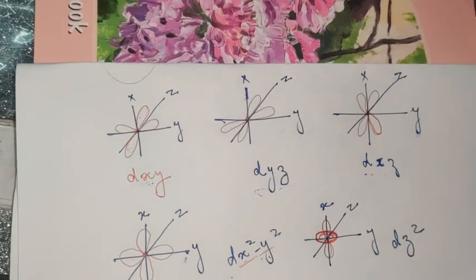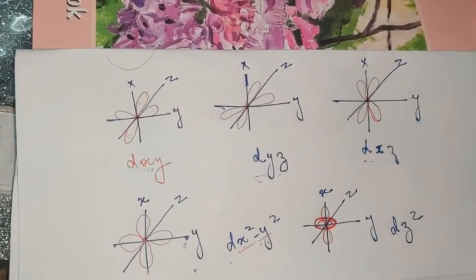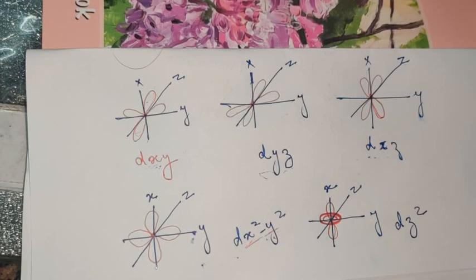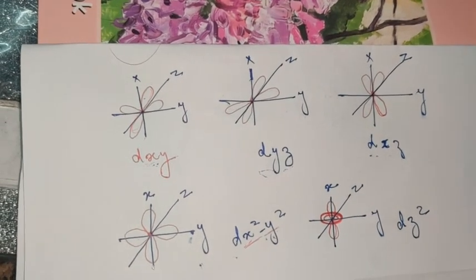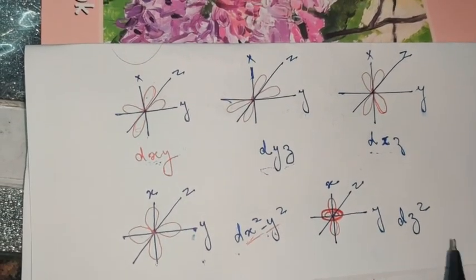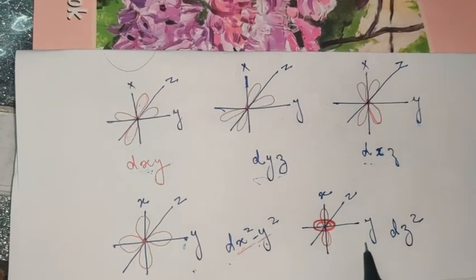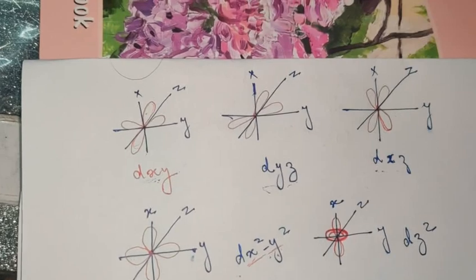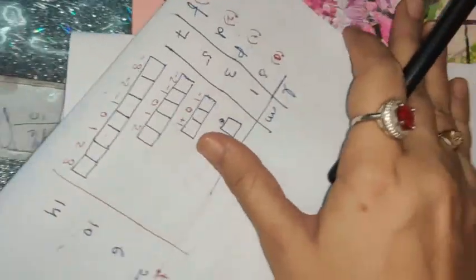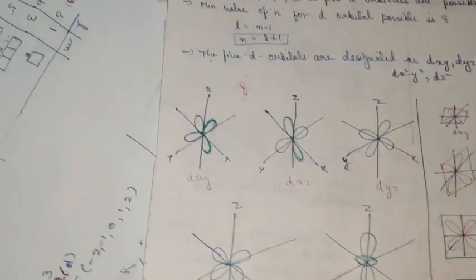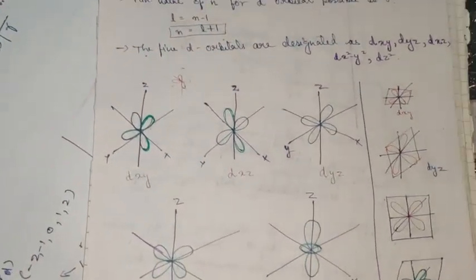So first of all, the S subshell is spherical, and then comes the P, which is dumbbell, then D is double dumbbell except for the last orbital, which is baby soother shape. Okay, so these are the various orbitals of the D subshell which I have mentioned here, but you need to follow the diagram which I told you right now.